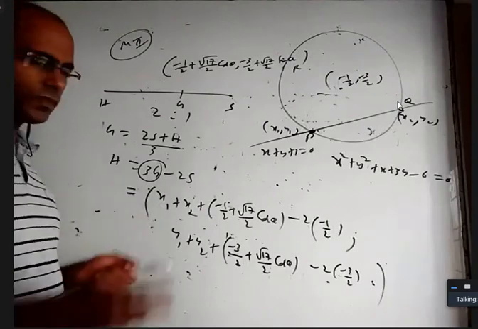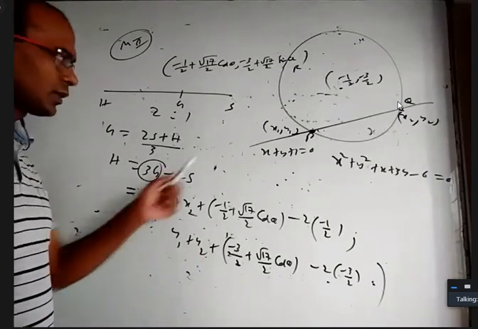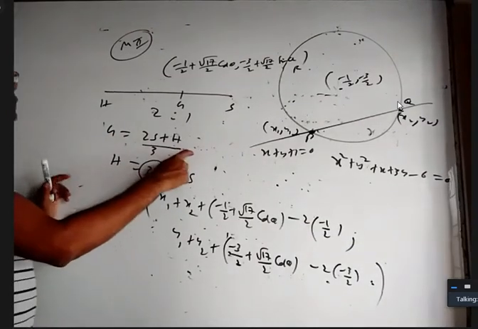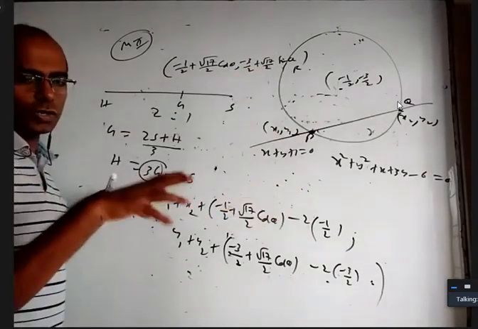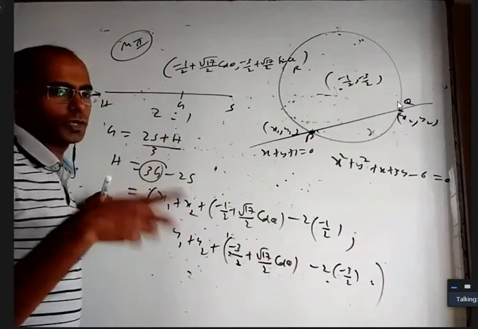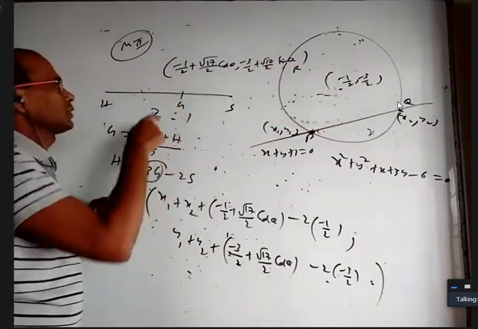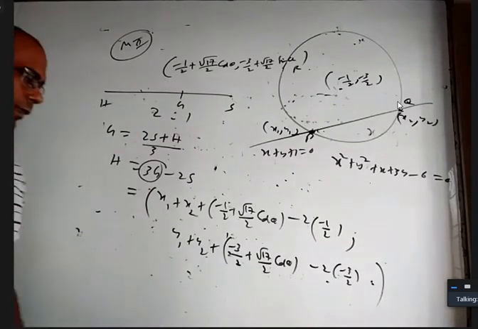In that, I did not find x1 and x2 separately, but I know them because I know the line and the circle. I can solve. But mainly you have to remember this: the normal way of finding the orthocenter, you don't have to go for finding two altitudes and solving. Because the circumcenter is known, the centroid is very easy. You can find the orthocenter. Okay, this is that.